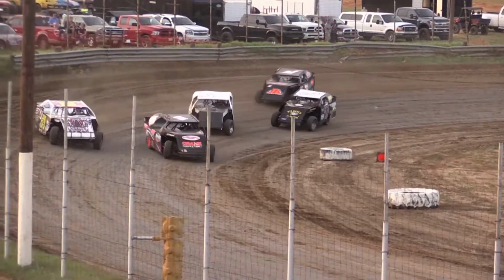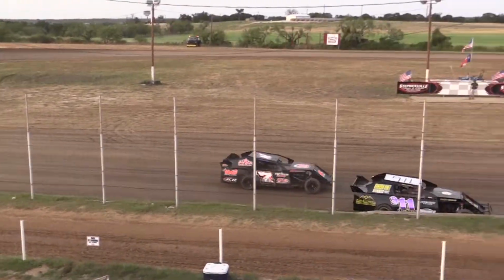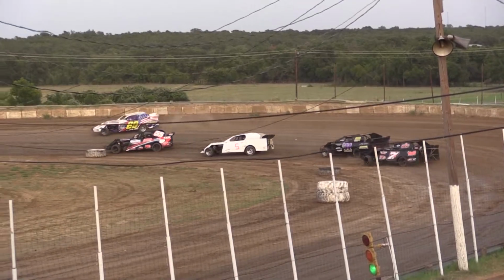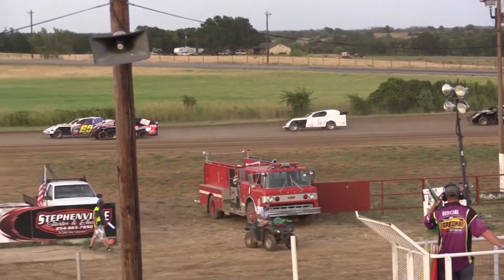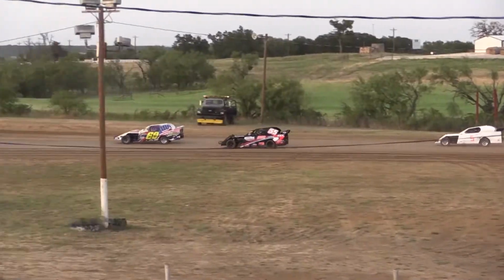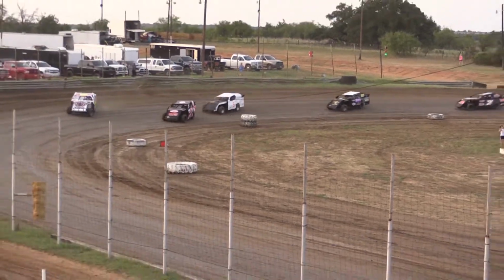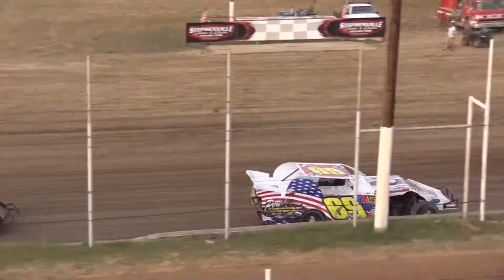Green flag comes out. Here we go. Shaw drops a position almost immediately. Brett Young. Now it's a battle between Young and Shaw. Down the back straightaway into turn number 3. Brett Young takes the high side. Shaw on the low side. Out of 4. It's going to be Brett Young after